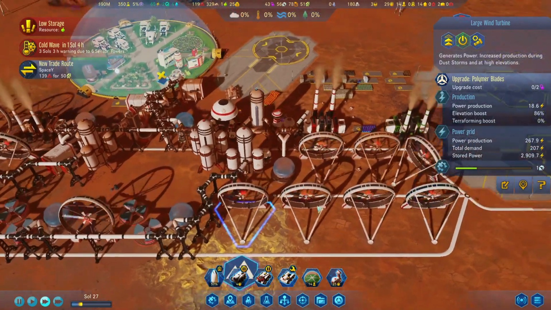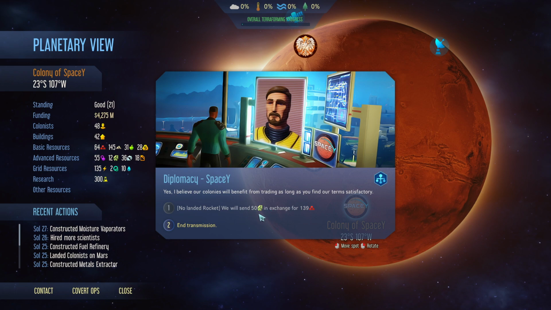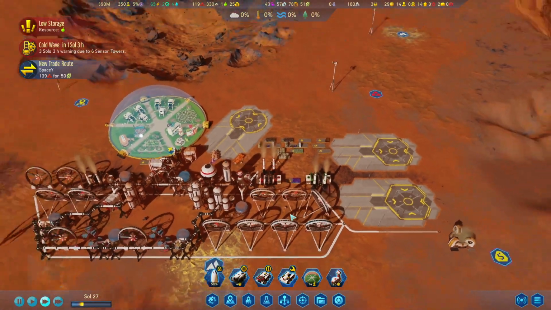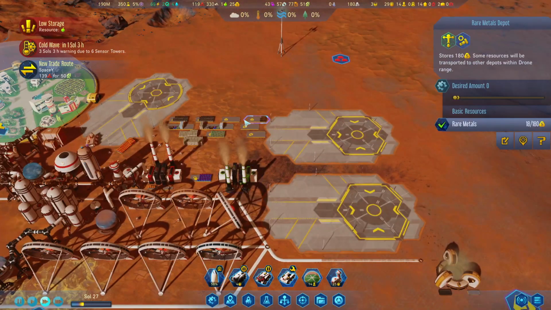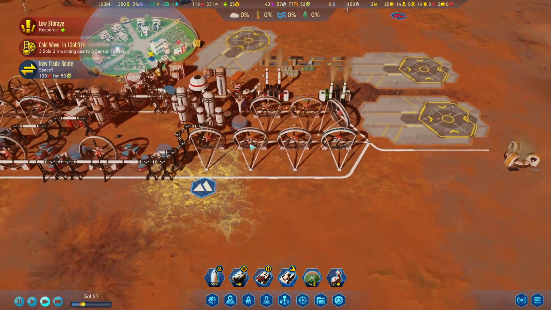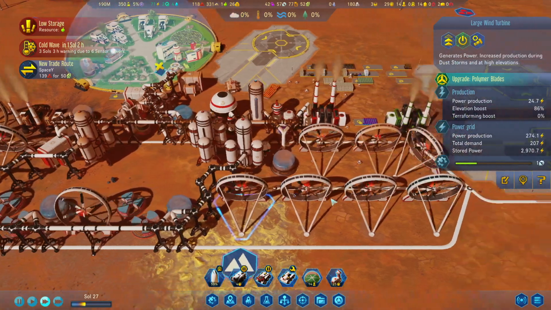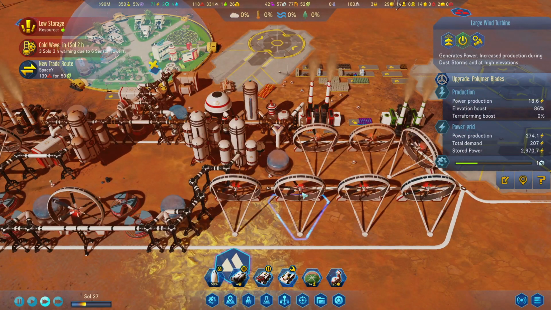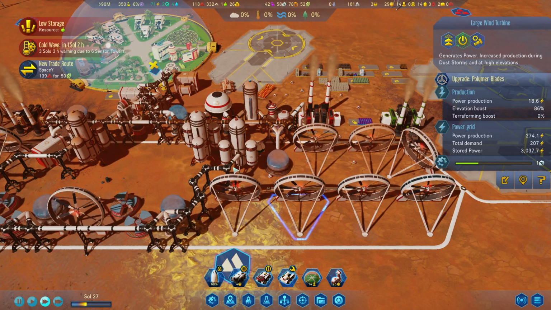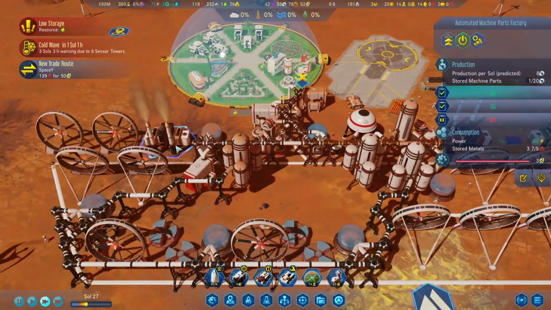Let's upgrade 1. Ooh. That 50 electronics for 100 metal versus the 50 electronics for research. I kind of like the research deal more. I feel like the metals for electronics is not a very fair trade. So this produces 24.7, this produces, so let's just say 24 and 19. So this is 5 more power. So if we upgrade all of these,